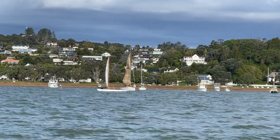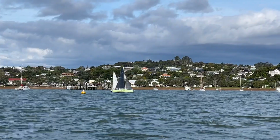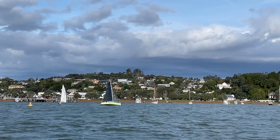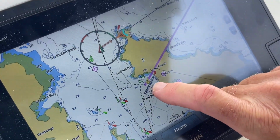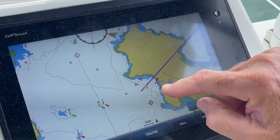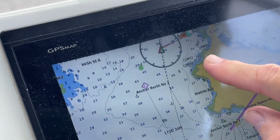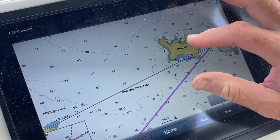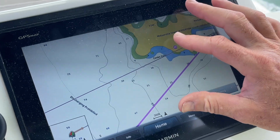In our next episode, I'm taking you to a very special place. We're going to Captain Cook's Cove, and our captain is going to show us how we're going to get there. And you can see our path by the dashed lines. And we are going around the point, and we are going to sail over to Cook's Cove, where Cook landed